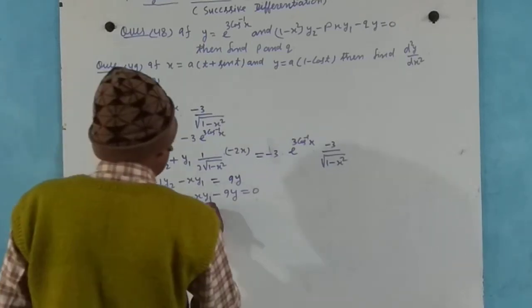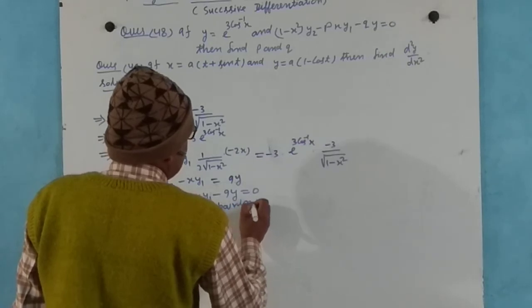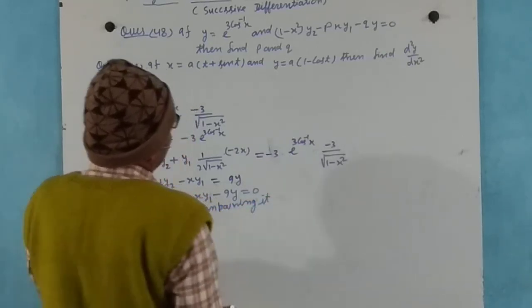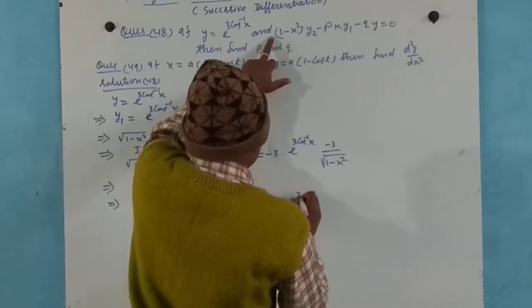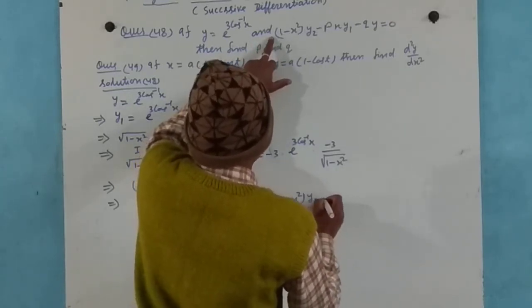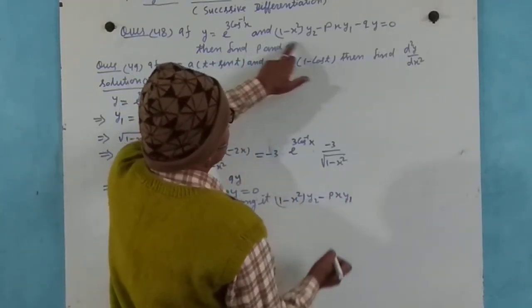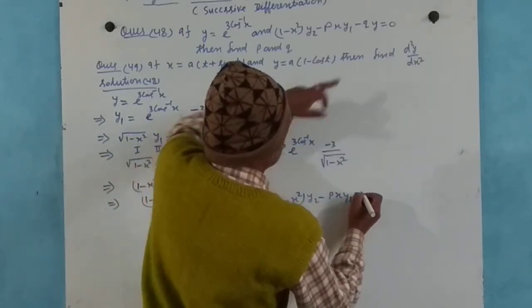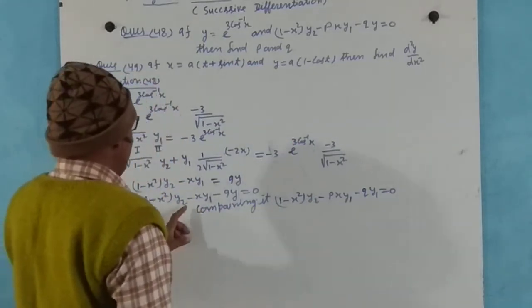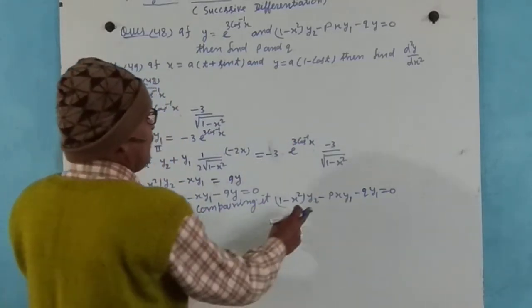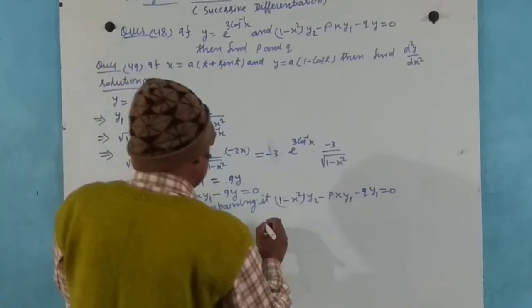Comparing it with this, 1 minus x square y2 minus p x y1 plus q y equal to 0. Here 1 minus x square y2 minus p x y1, p equal to 1,